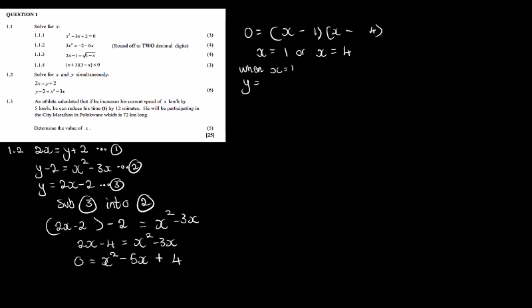So we're just going to say y equals 2 into 1 minus 2, so y equals 0. And then when x equals 4, y equals 2 into 4 minus 2. So this is just going to be 8 minus 2, which is 6. Then that's your simultaneous, and you have your 6 marks in the bag. And then let's